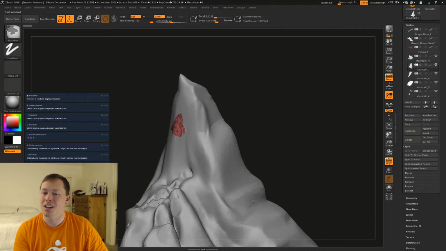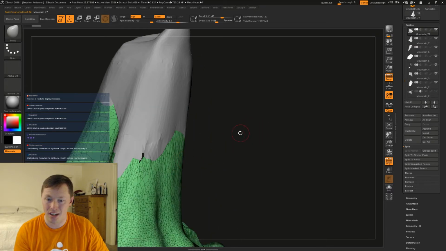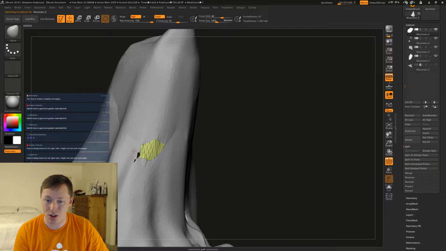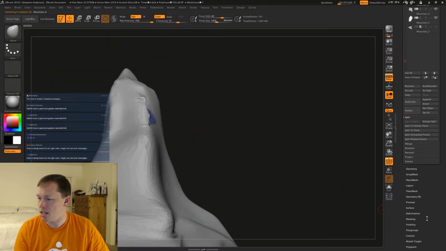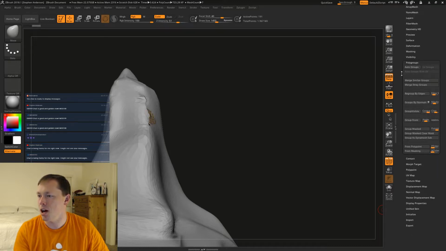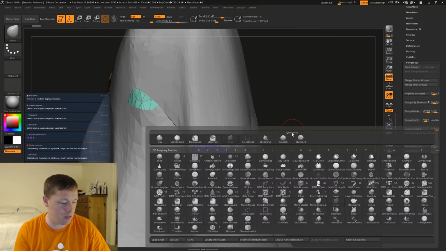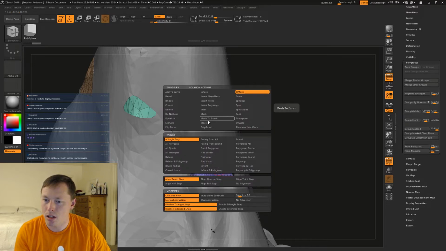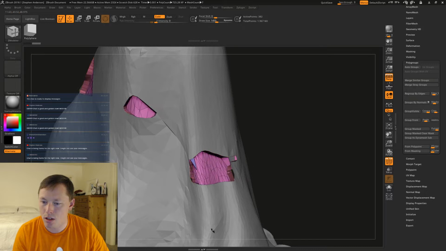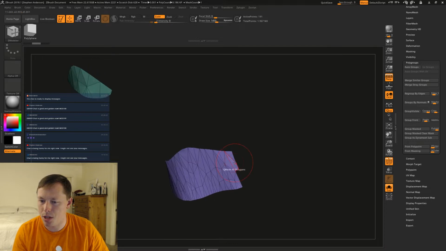Okay. So now that we have these, it's not much, but it's a start for us to be able to get something usable, you know? I'm going to take these, let's say, poly groups, auto groups. Okay, brush, ZModeler. Let's go ahead and say QMesh, all polygons. What do we got happening here?